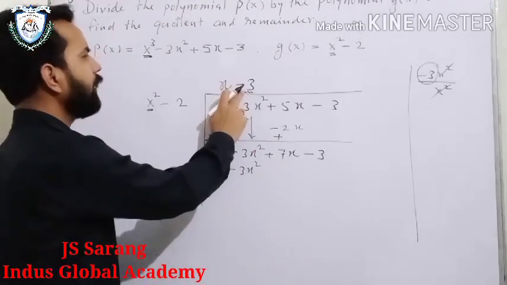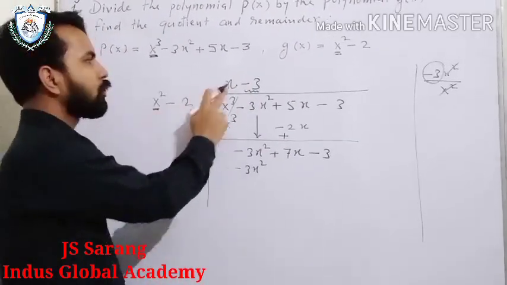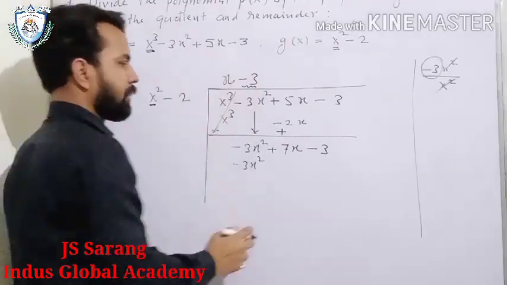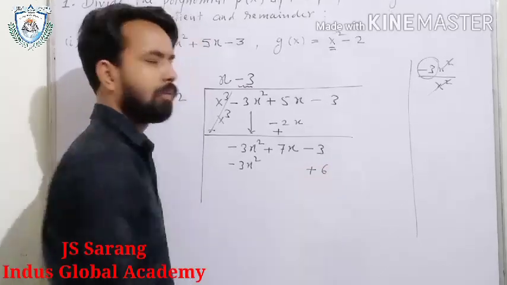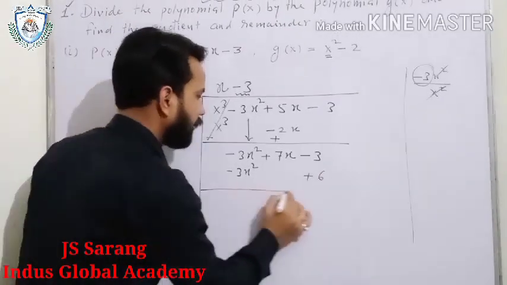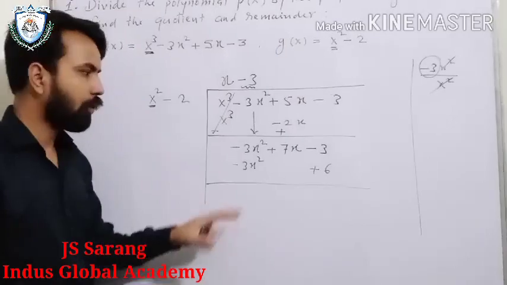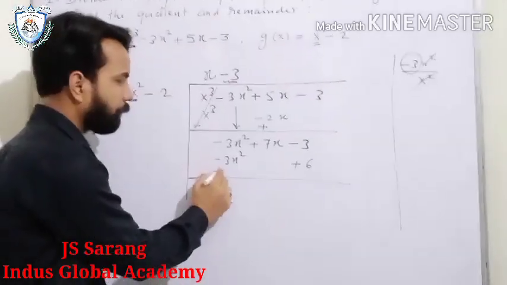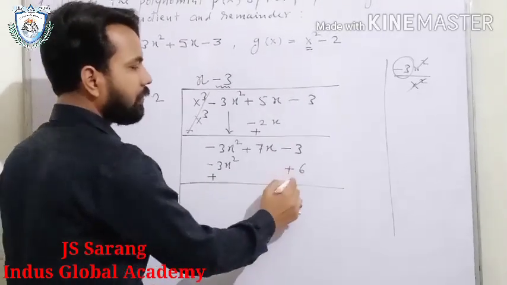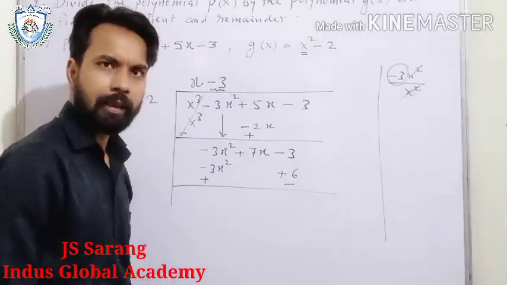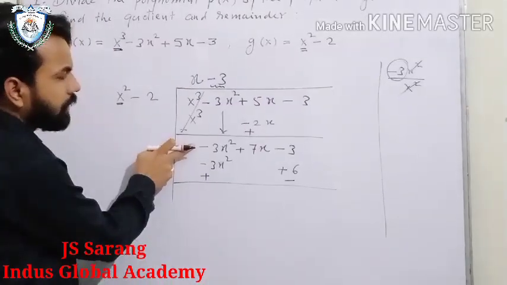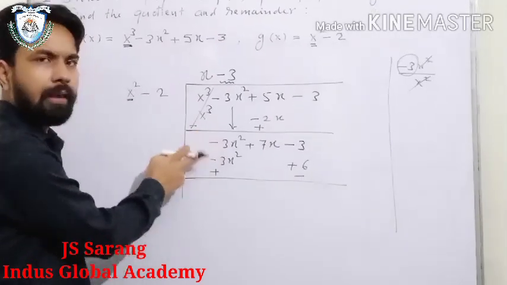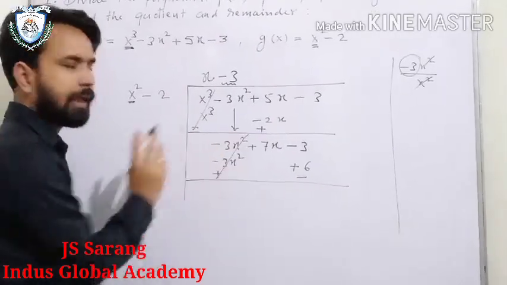Now this minus 3 is multiplied by minus 2. So minus into minus will be plus, and 3 2s are 6. So plus 6 we will get. Now again we will change the sign of lower values. This is 3x square, which is negative, so it will be positive, and this 6 is positive, so it will be negative. Got it? Now the very first term is minus 3x square and this is plus 3x square. Both are equal but have opposite sign, so they will be cancelled.